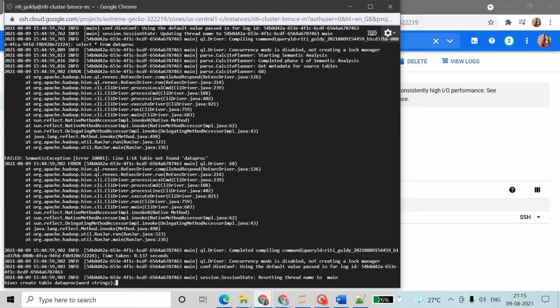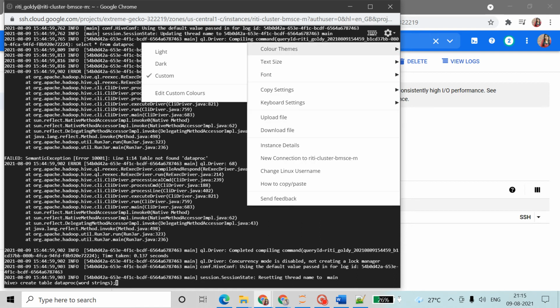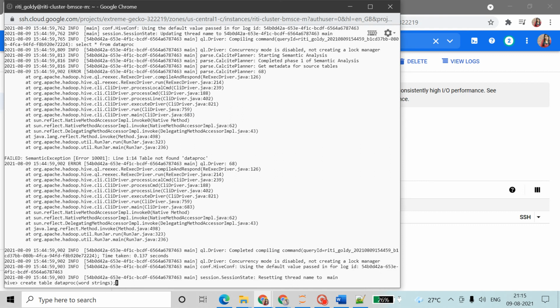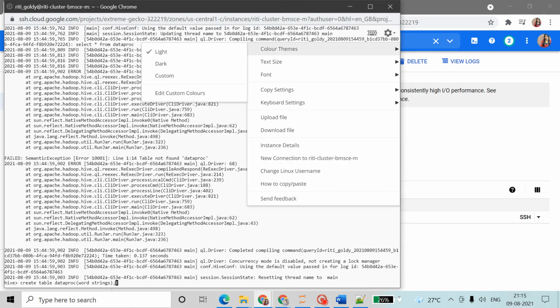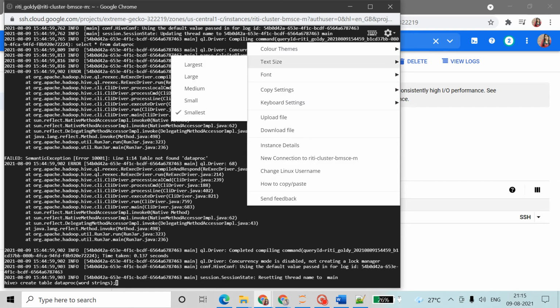And we are working on that cloud terminal. Here we have some themes: light theme, dark theme, custom. I like the dark theme, so I chose the dark one. Text size, we can even increase our font size.